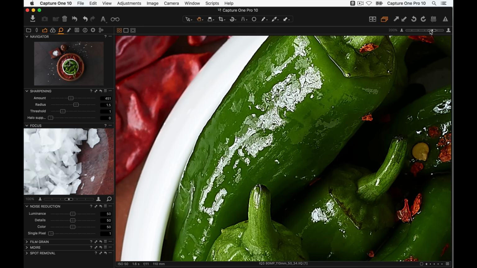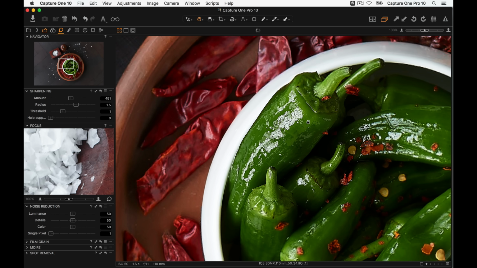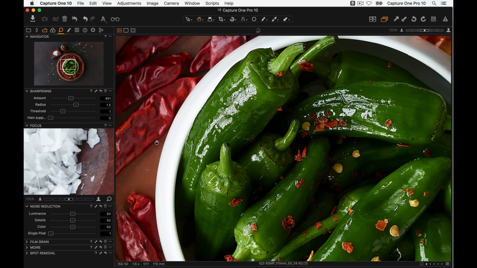So if you need to sharpen aggressively, let's just go back to 100%. If you need to sharpen aggressively, then you can dial in some halo suppression to help remove those halos, but still get that nice crisp sharp image as well. So if we drag up halo suppression, we can heap it on quite high, then that helps to take away those halos. So to get a good comparison, let's